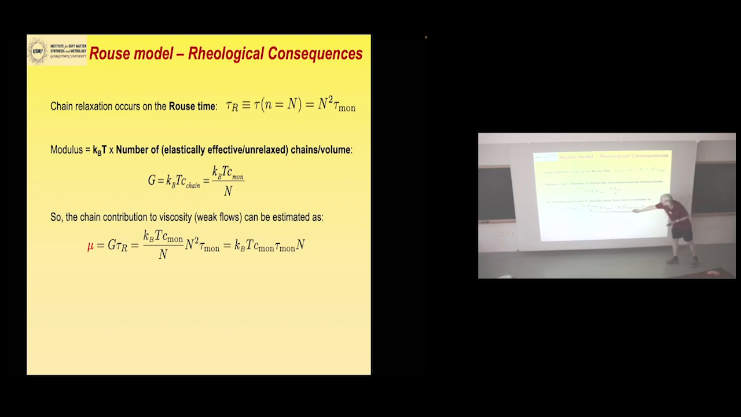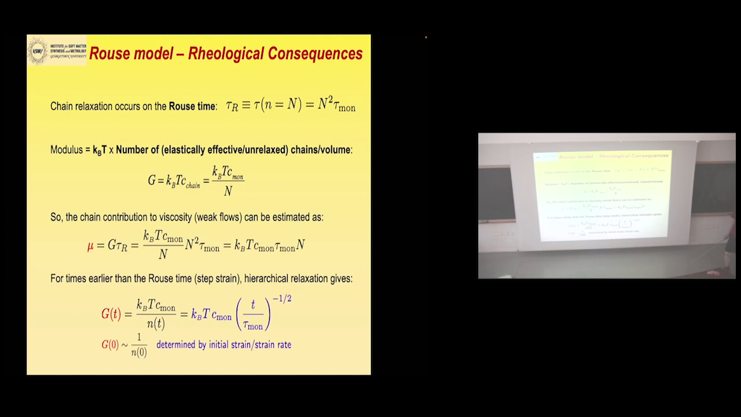So I've got a 1/n. My time scale goes as n squared. That's my Rouse time, which says my viscosity should scale then as the size of the chain. Okay. Now, what about earlier times? At earlier times, I want to look at how many unrelaxed chains I have per unit volume. So